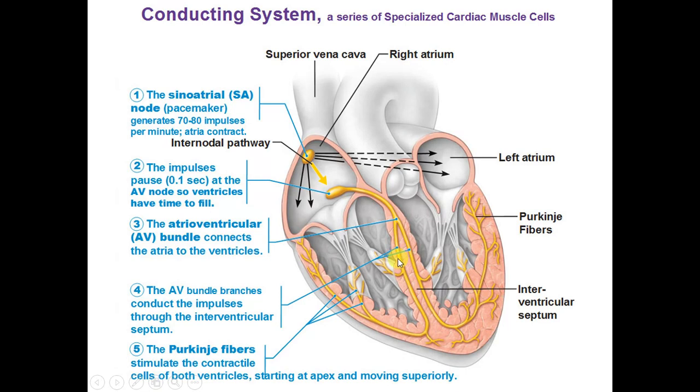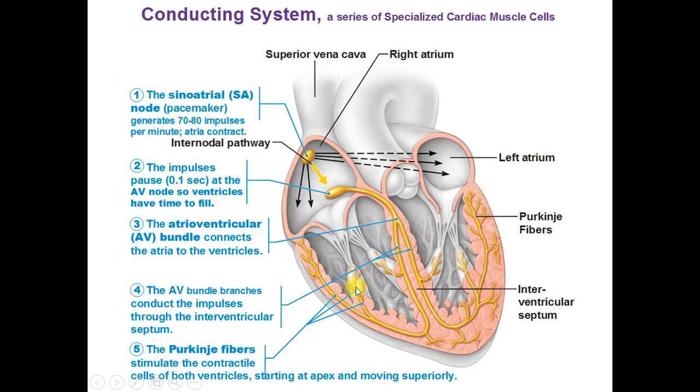One is on the right side, the right bundle branch. Then these branches move to the respective ventricles, the left one to the left ventricle and the right one to the right ventricle, and then they divide further and reach the Purkinje fibers, which are connected to the muscle cells of the